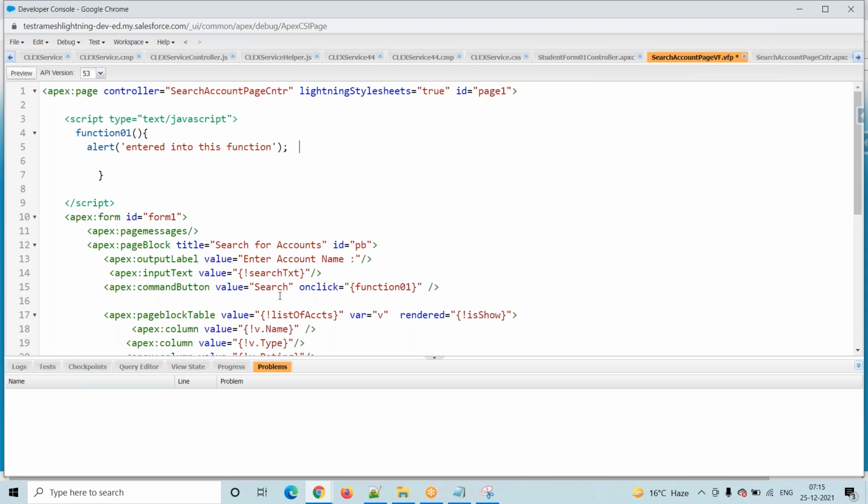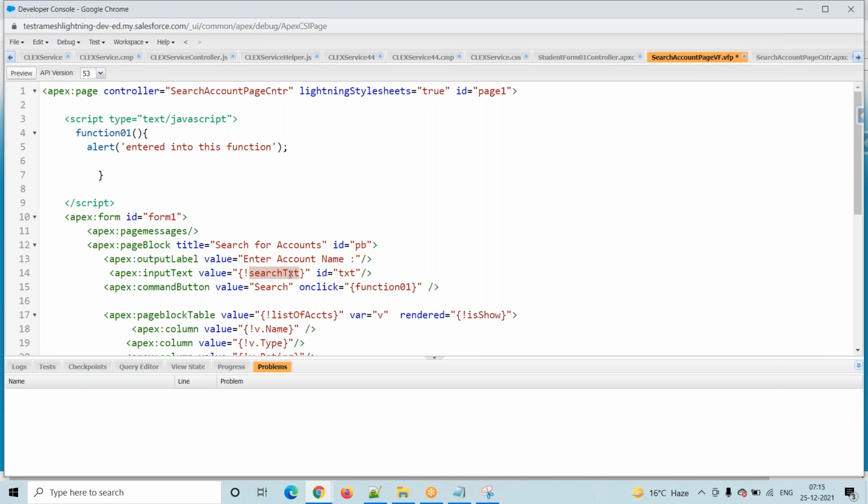So first of all, which one do we want to fetch? I want to fetch this text box, right? So for this text box, you will just go and put an ID attribute. ID is equal to anything here. On the top of this one, which tag is there? Output label, not this one.